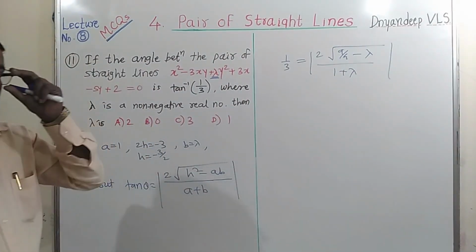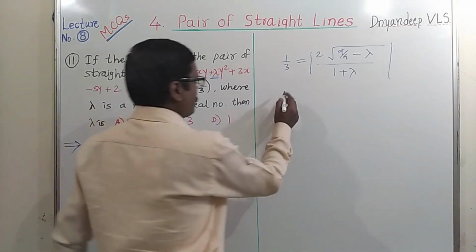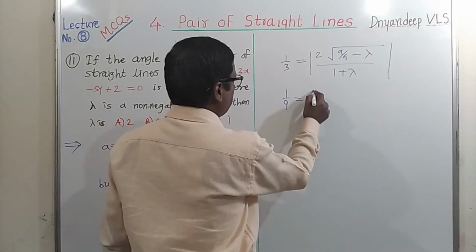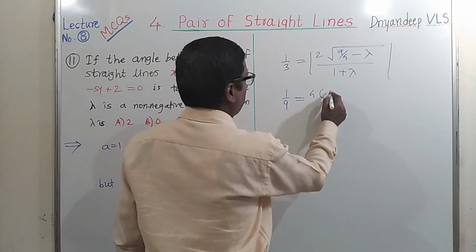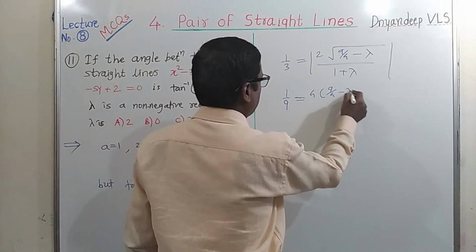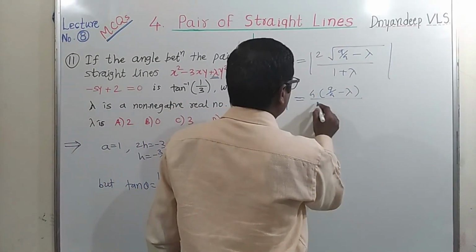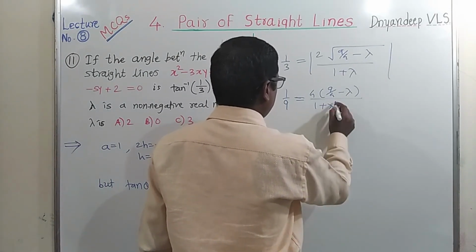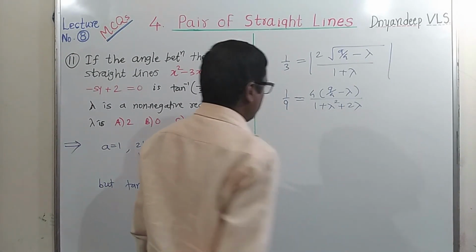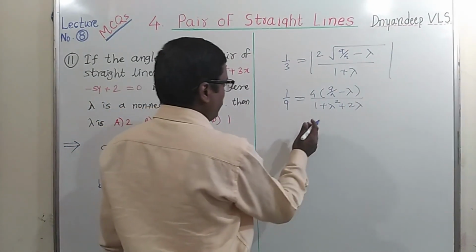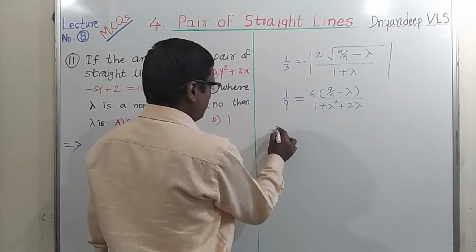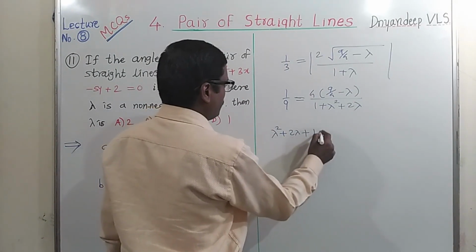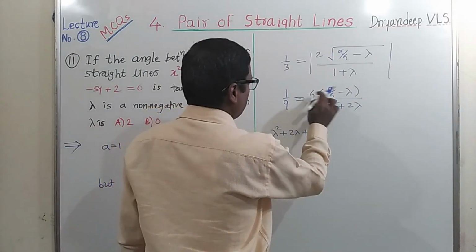Okay, let us take the square of both sides. We get 1 by 9 is equal to 4 times (9 by 4 minus lambda upon 1 plus lambda) whole square, that is 1 plus lambda square plus 2 lambda. Okay, so take the multiplication, we get lambda square plus 2 lambda plus 1 is equal to, here multiplying by